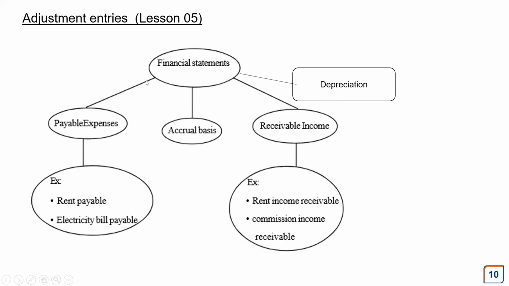So I'm going to cover lesson number 5 here as well without making a separate video, because this part also applies to this same account set or the same financial statements. So in financial statements, usually we make 4 adjustment entries. Those are regarding payable expenses, which we do on accrual basis, receivables, as well as depreciation and bad debts.